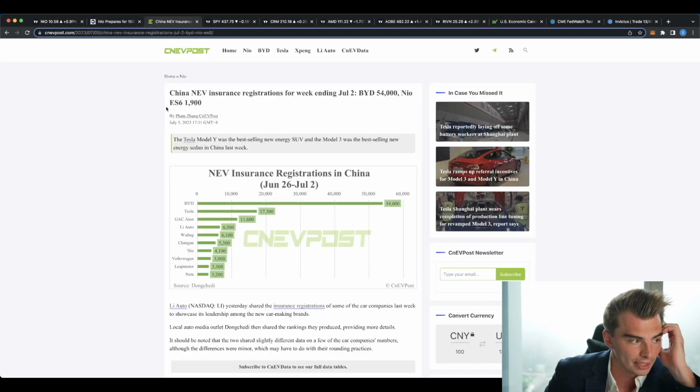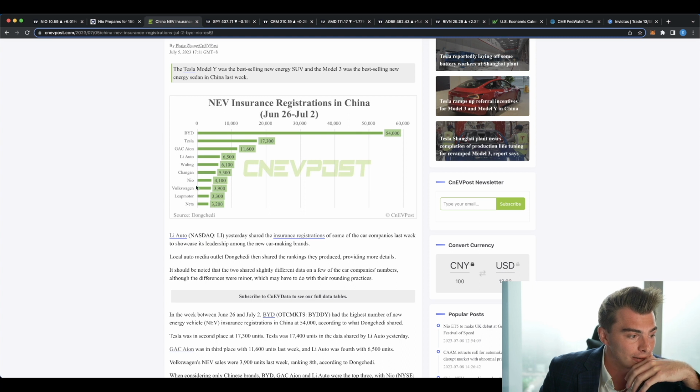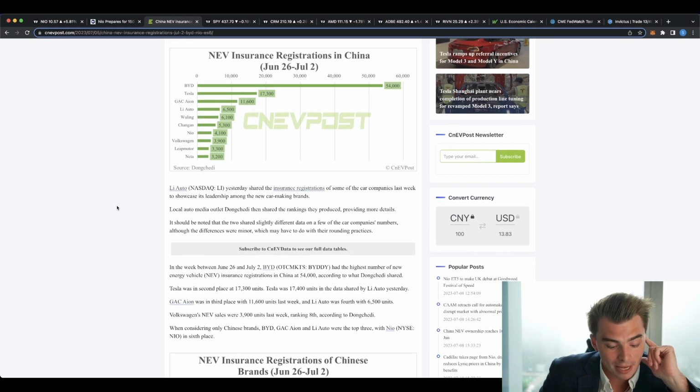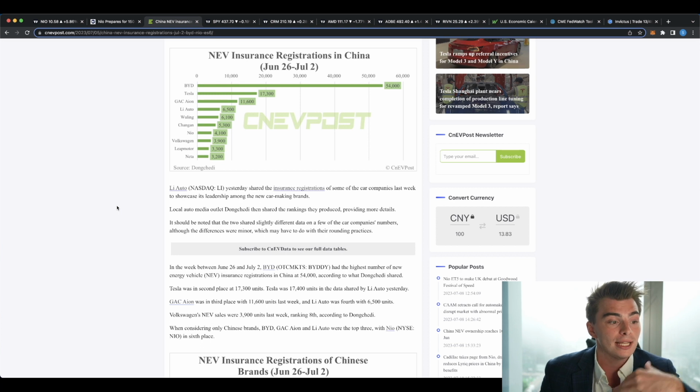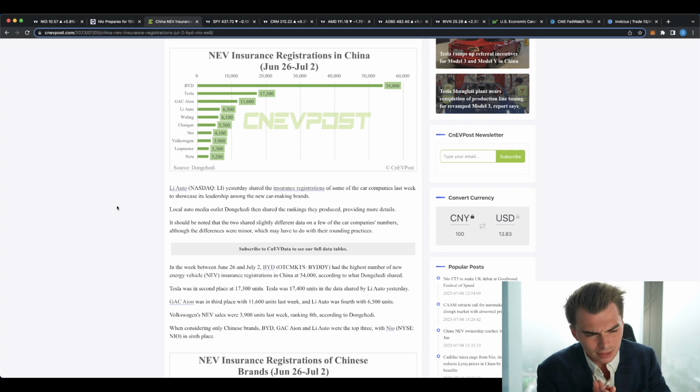Well, when we come over here, we can see that China new electric vehicle insurance registrations for the week ending July 2nd: BYD, 54,000, NIO ES6, 1,900. Now, you can see down here that NIO in total isn't ranking very high compared to some of its other competitors, LI Auto and BYD. Now, there could be very many different explanations for this. It could be that some of these companies are a little bit, let's say, newer in their development process and are really kind of going on that faster track to that widespread adoption